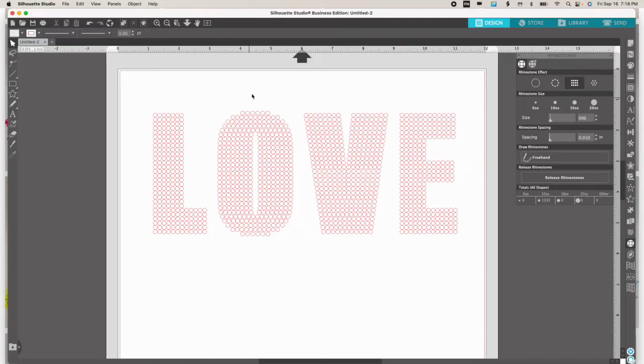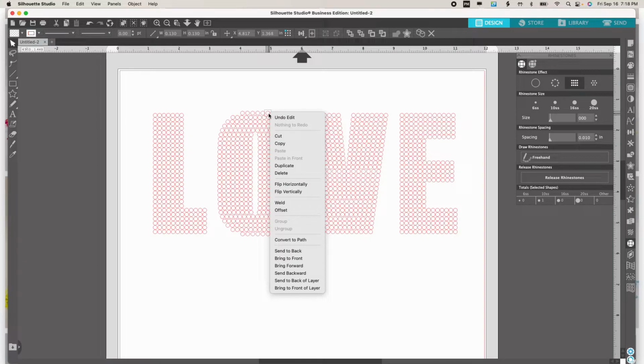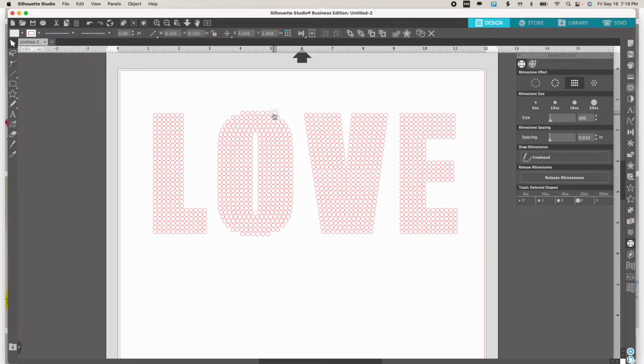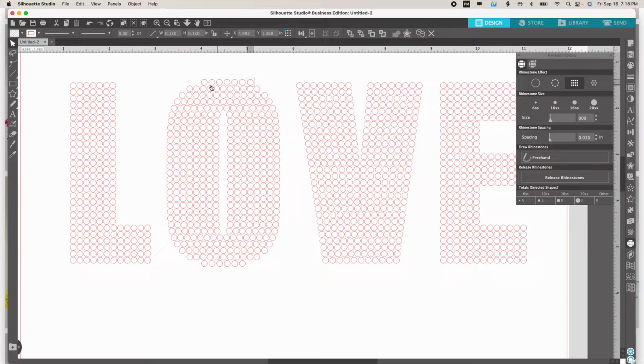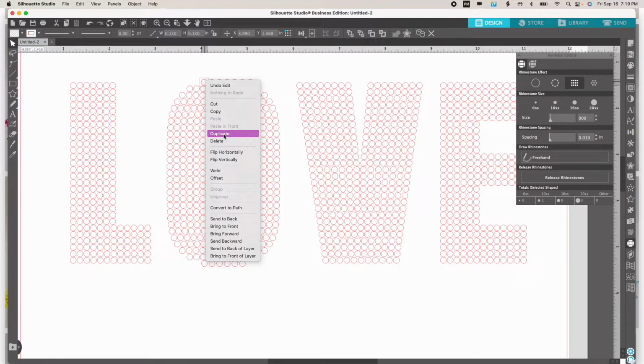So this O, even though it looks pretty good, I'm going to go ahead and click on it, right click on it and duplicate and kind of just add here, and let me zoom in some more for you. So I just kind of want to fill that little space in that's right there. So same here, I'm going to go ahead and right click and duplicate